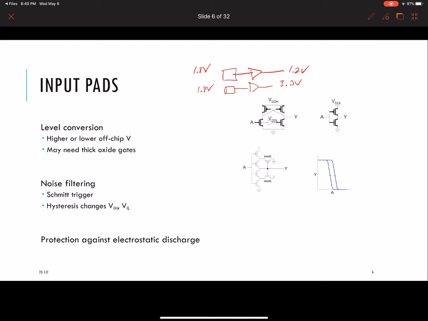I think we talked about level conversions a little bit a few lectures ago, but if you have a high to low level conversion, it's relatively easy. So you just use a regular buffer, and when you're going from a high supply, so let's say from 3.3 volt to 1.2 volt, you can just supply this buffer off of the 1.2 volt supply. You'll overdrive this input, but it'll still work. It'll do the full swing, and the NMOS and PMOS are going to do their thing. The only thing you need to worry about here is, if you're going 3.3 volt to 1.2 volt,